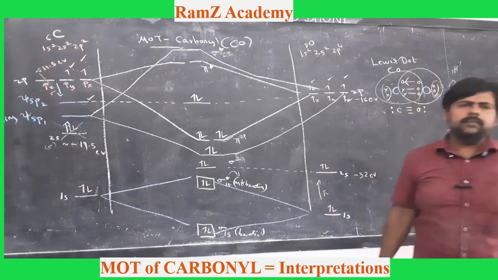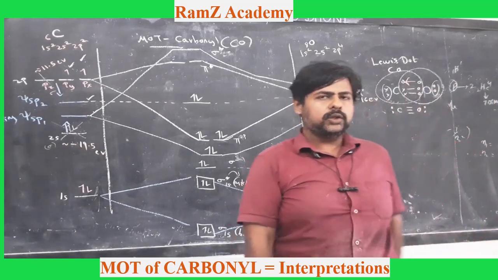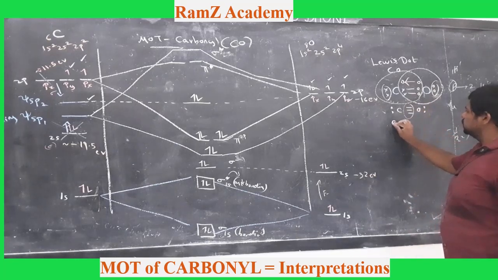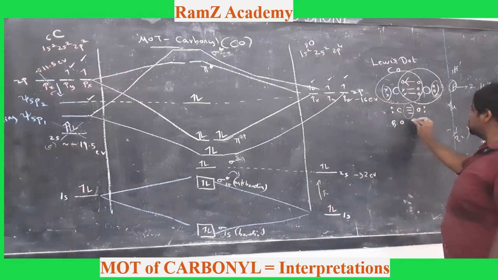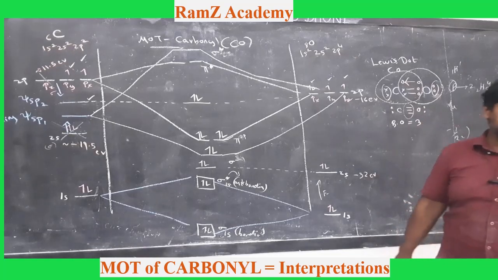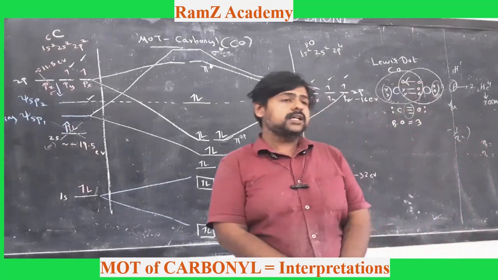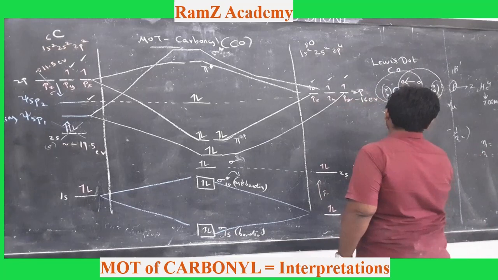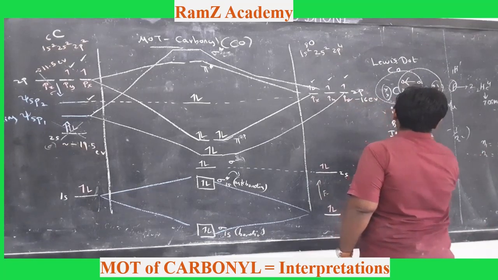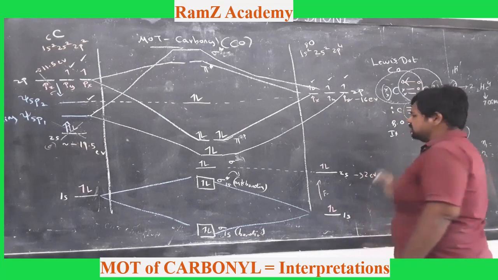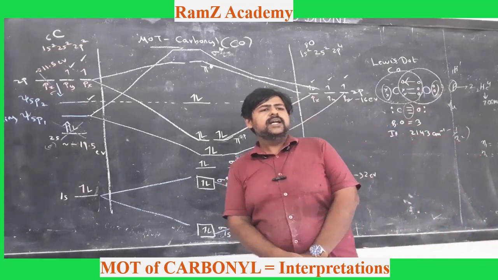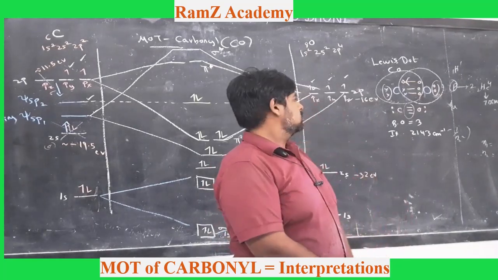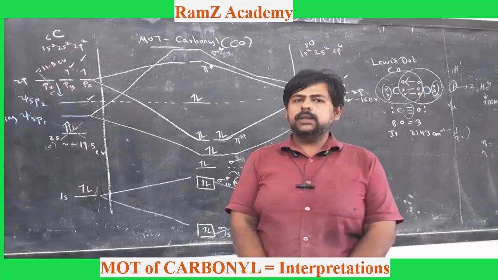So this is our very primitive Lewis dot structure that we used to draw for the other molecules. Now, as I see from this Lewis dot structure, it is very clear that the bond order that I expect is actually 3. But if you look at the IR stretching frequency of carbonyl, 2143 centimeter inverse, this IR stretching frequency doesn't correspond to bond order 3. So this means the bond order is less than 3. So how do I explain this phenomenon that the bond order is less than 3?